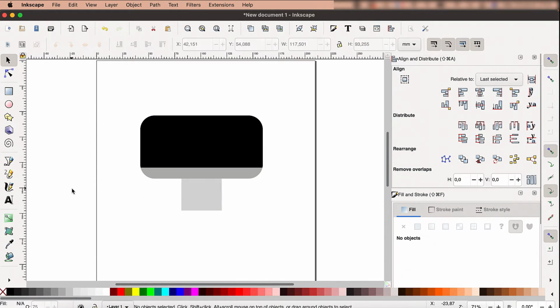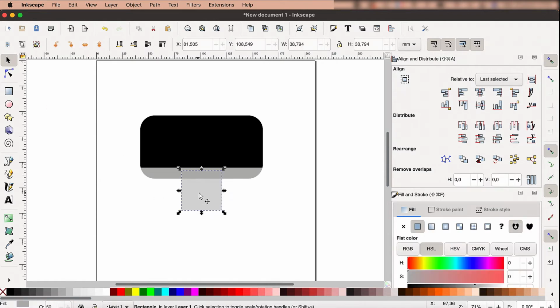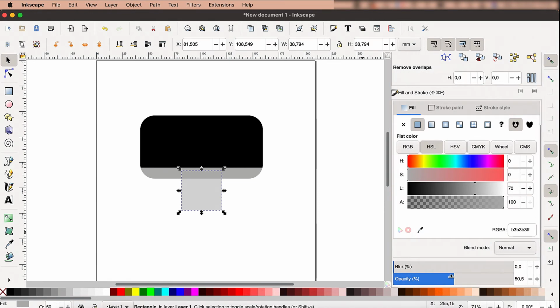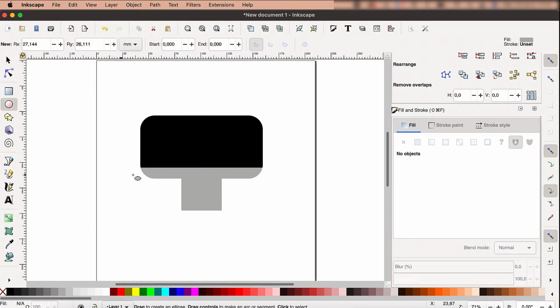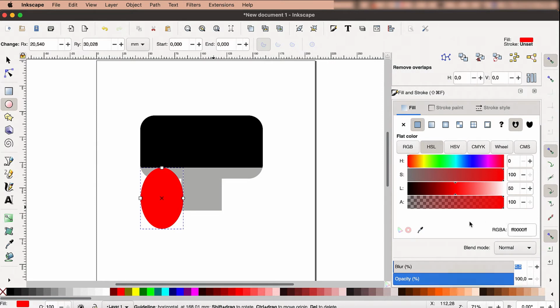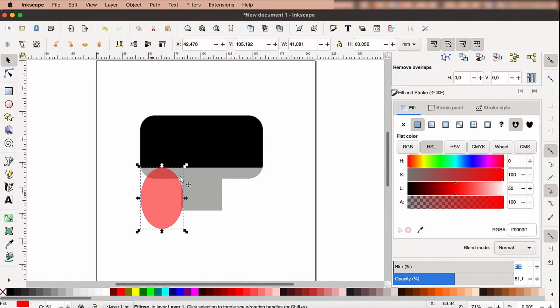Deselect everything, have a quick look and make sure that the opacity of your stand is at 100%. Let's now shape our stand. Select the round tool and draw a round next to your stand. Make it red and change its opacity to more or less 50%. Double-click on the round to have its rotation handles that highlight in green. Turn it and place it a bit on the stand, where you want the curve to be.